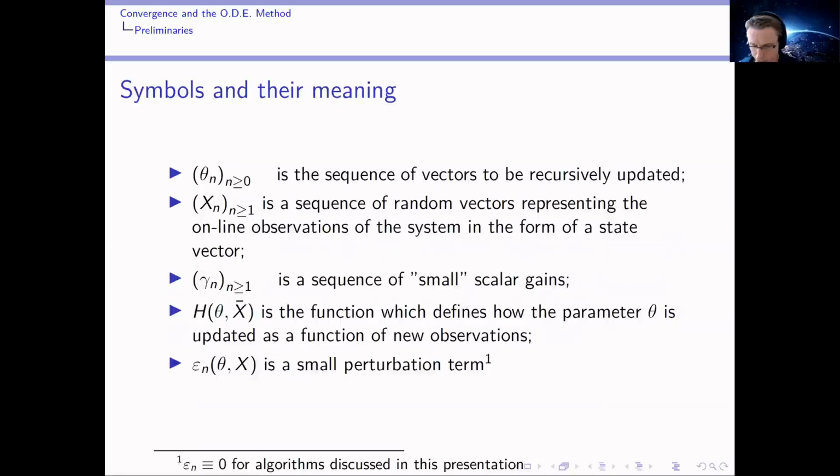So just an explanation of some of the symbols. Theta is the parameter vector of the model of the system, or the particular part of the system that we wish to identify. Capital X is a state vector, and this is how new information enters into the update equation. Its form is determined by the model set. In this discussion, we'll talk about small gains, and we'll see why this is the case. But in rough terms, small gains help keep the solutions tightly bound.